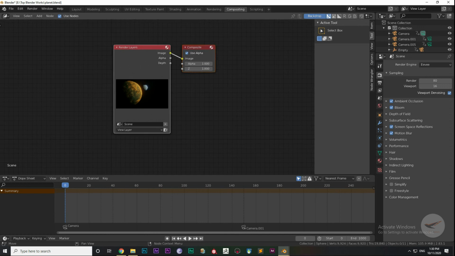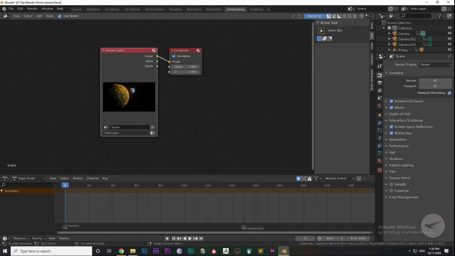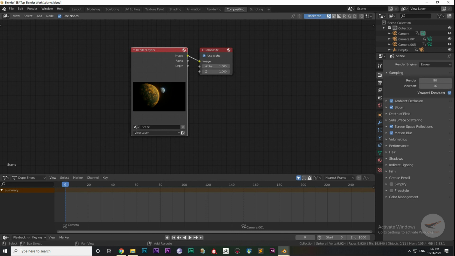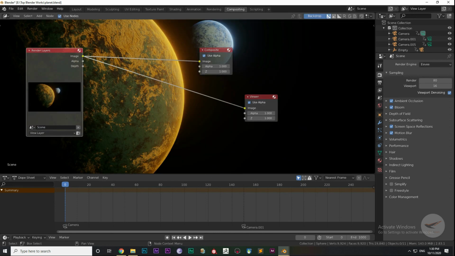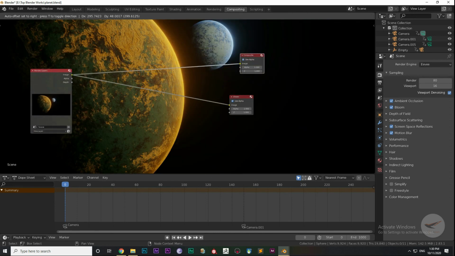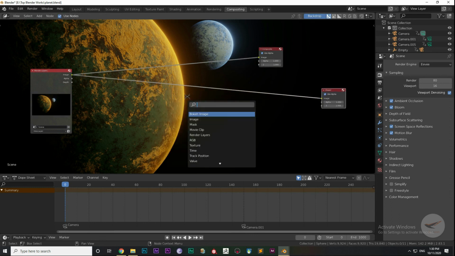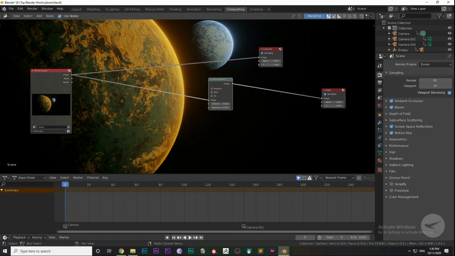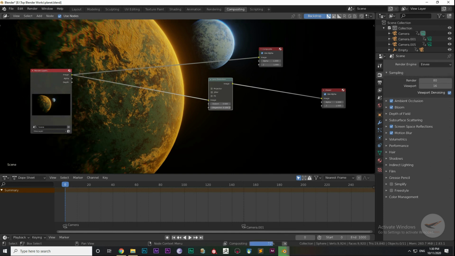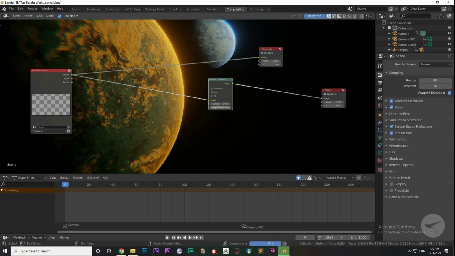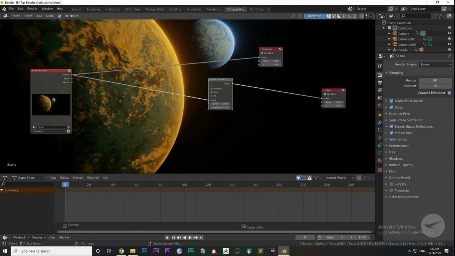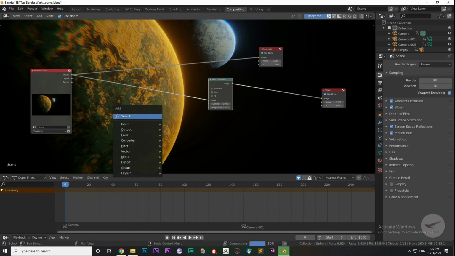And now let us make it better. Click on Use Nodes in the compositing panel and press Shift A and enable Viewer so that you can view the image, and then press Shift A again and click on Lens Distortion so that dispersion effect is given, so it looks more like space, a moving object, because the earth or any planet is rotating at a high speed. So when I use dispersion, it looks kind of dispersed and it looks good practically.